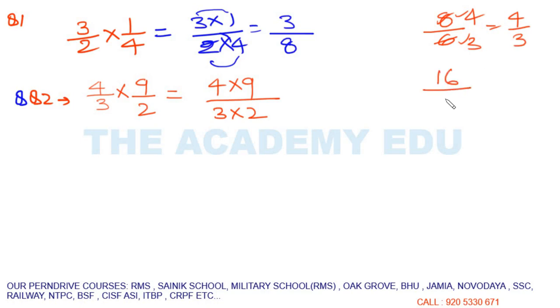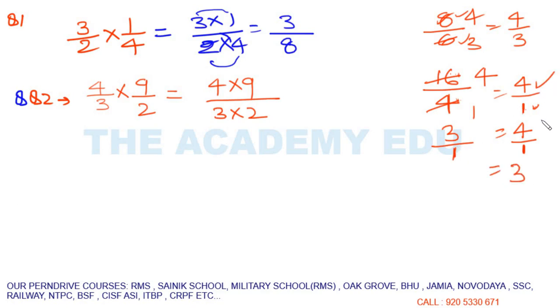Suppose we have 16 upon 4 and I want to cancel it. So take any larger number which can divide both of these numbers. So I am taking 4 because 4 4 ja 16, 4 1 ja 4. So the answer is 4 upon 1. In a fraction, when we get a 1 in the denominator, we forget it and write 4. We always suppose there is a 1 there. In any number, suppose we have 3, in the denominator we have 1, but we just don't write it, we write 3, right? So the answer here is 4.